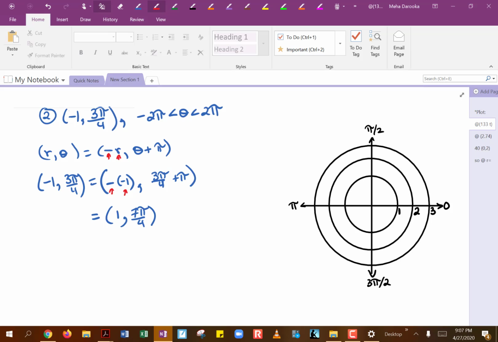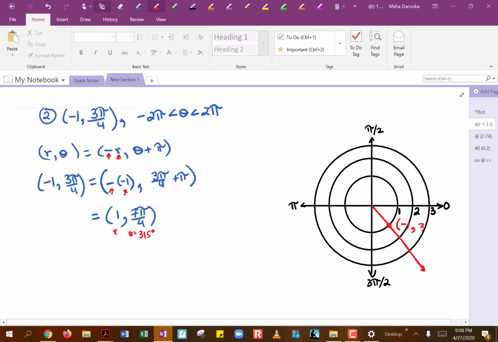So 7 pi over 4, if it helps, is going to be 315 degrees. Or basically you can think of that as being your negative 45 degrees. So that would be halfway between our quadrant 4 over here, about a 45-degree angle from any of those axes. Okay, and then of course you are at a distance of 1 because our r value is 1. So you are going to be at that first concentric circle. So this will actually give you